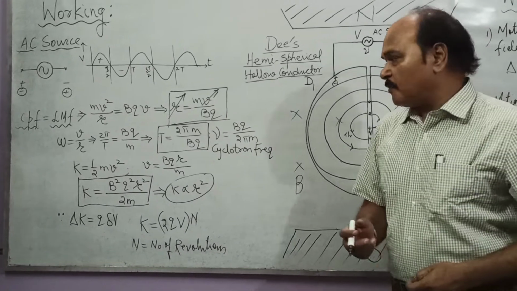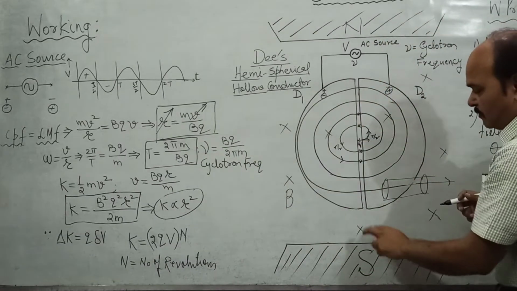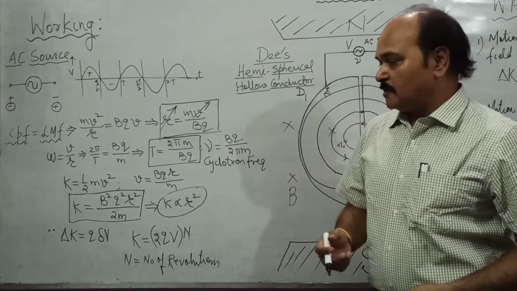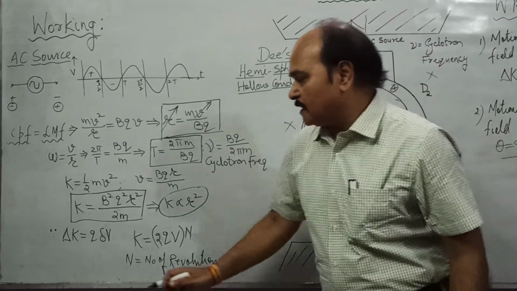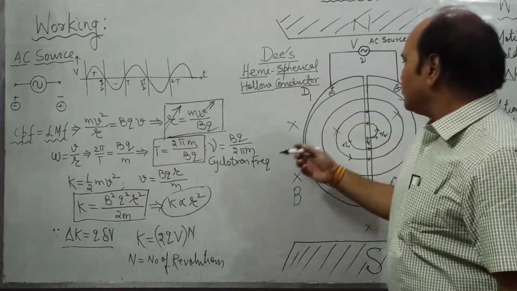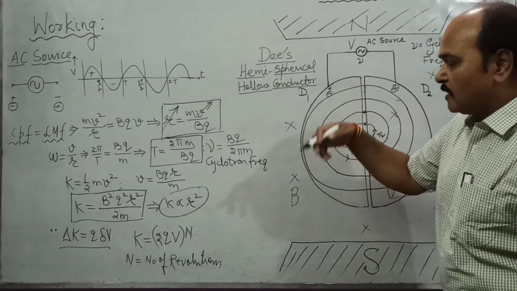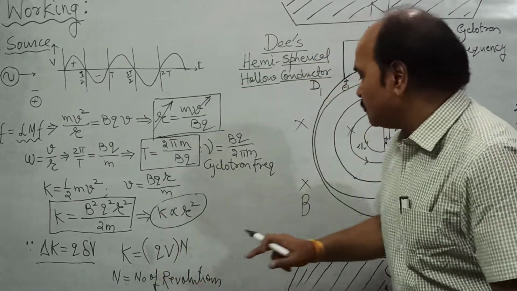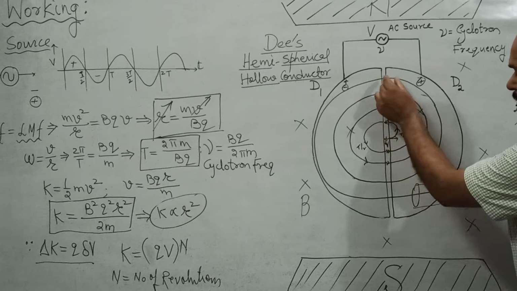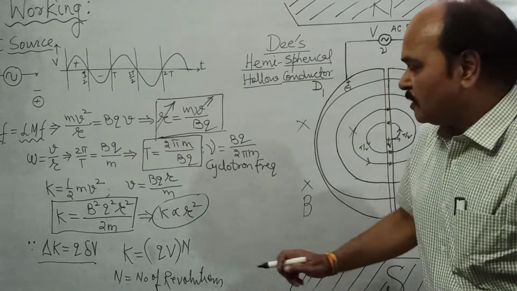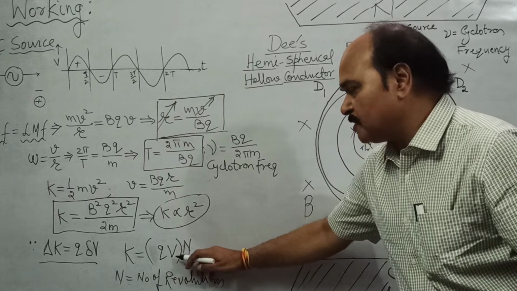Kinetic energy can also be found out by acceleration, because the speed increases only in this gap, by acceleration by the electric field. And we know that change in kinetic energy is charge into the potential difference the charge moves across. Here the potential difference applied is V. So kinetic energy acquired by the charged particle as it passes through this gap once, where potential difference V exists, is what? qV, the potential difference is V.